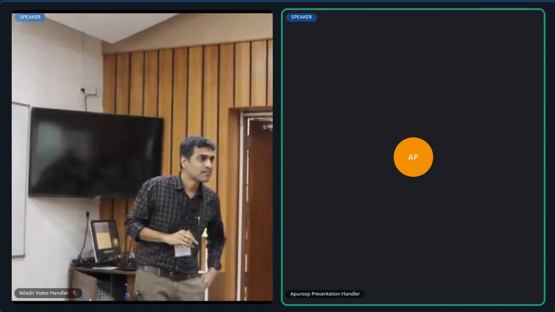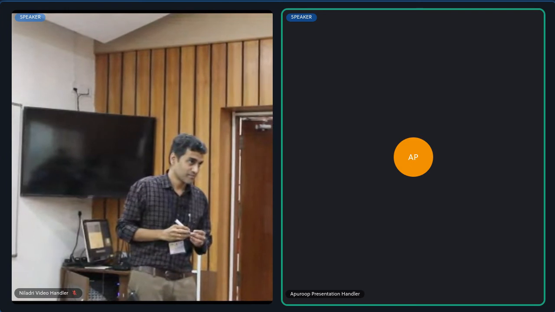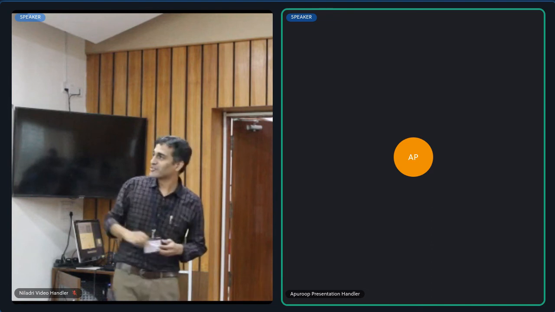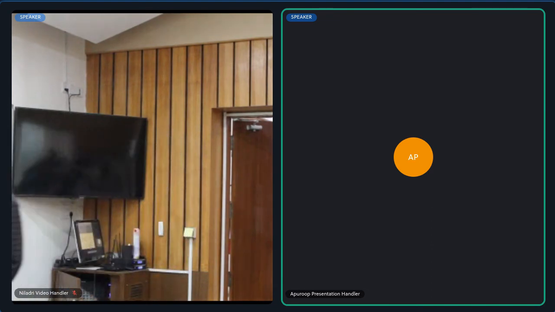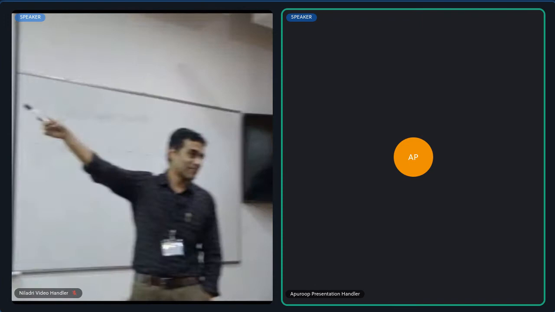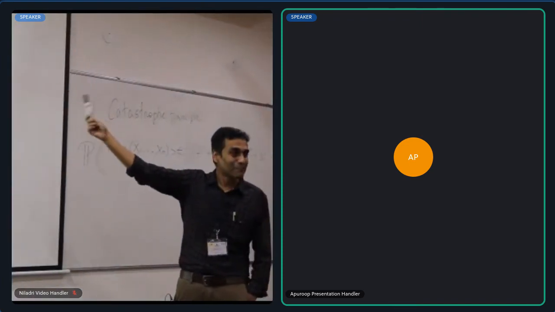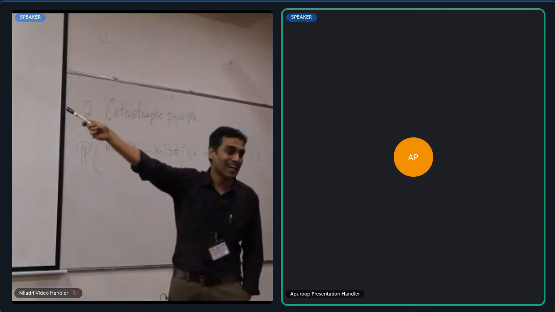Because if the max of n IID random variables is greater than t, sure, the sum is greater. So that's the whole point. The fact that the right hand side probability is greater than the left hand side probability is trivial. But the fact that asymptotically they are the same means that the most likely manner in which the sum is large is that the max is large.